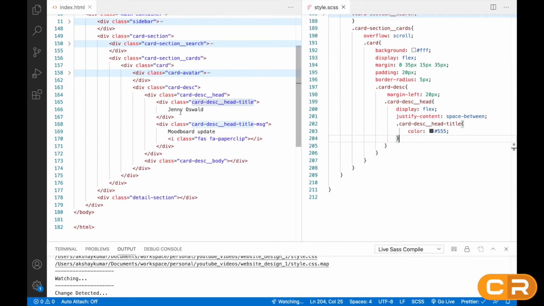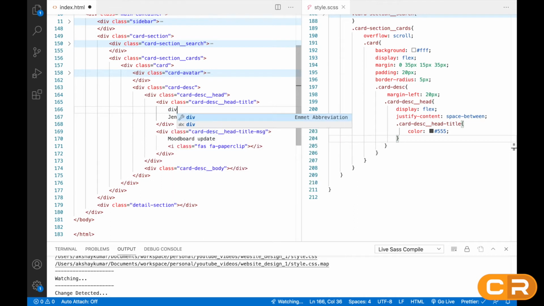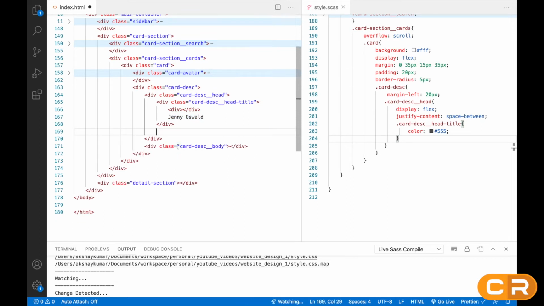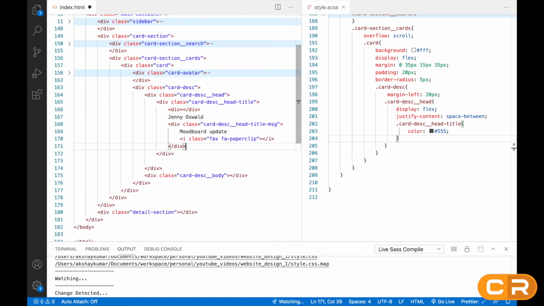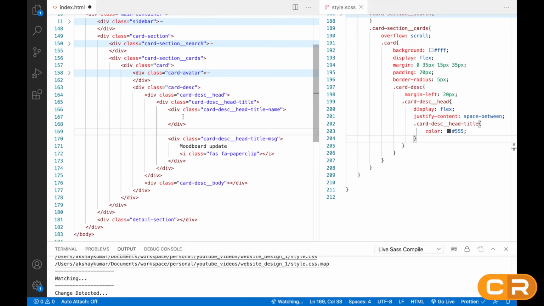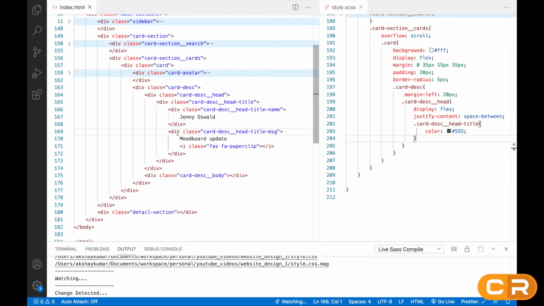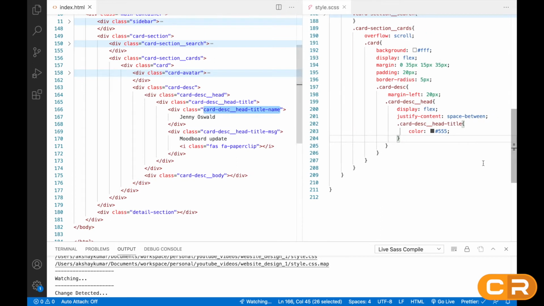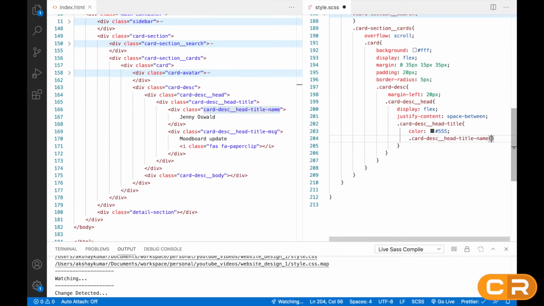Oh, I'm sorry. So we have to give here one more div. So we have to actually move this name inside this div, and we have to move this message div inside this title div. I'm sorry for the confusion, but we have to give it like this. So here we have to create the same class with the name, right? Like this, name. So we have to move this name inside this div like this. I will just pick this class and inside this title I will write like this.